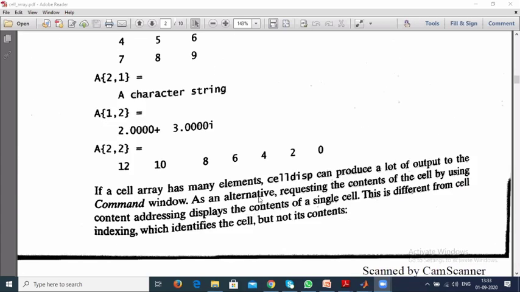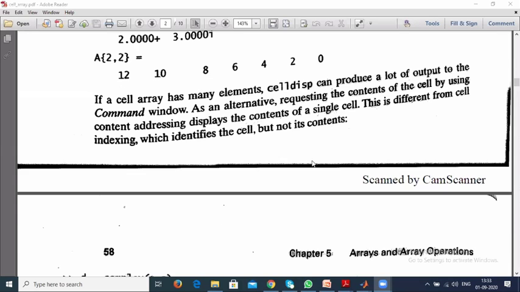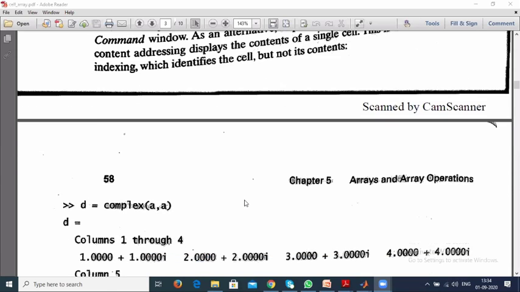If you write cell display of the cell array variable, it will give all the values in the command window, but we don't prefer that. If you want to know what the value is for a particular address, we have to go for cell indexing and get the data that way.